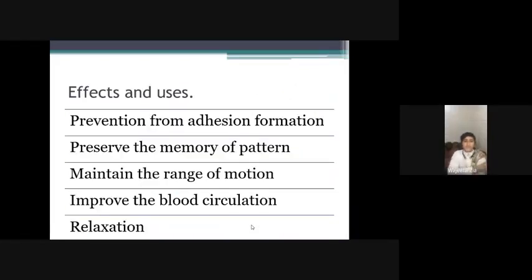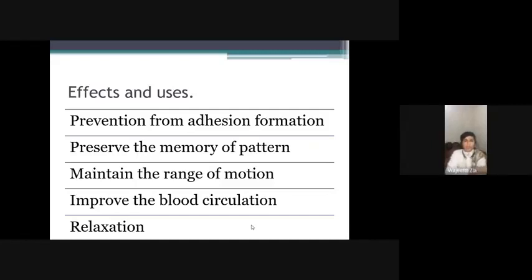The effects and uses of these movements whenever we perform the passive movements. It will help to prevent the formation of adhesions. Synovial joints are prone to adhesion formation. So always perform passive ROM to prevent the adhesion formation in the specific synovial joint. It always preserves the memory of pattern until the response is generated, maintains the range available, and it will improve